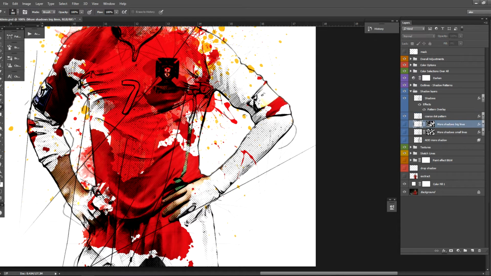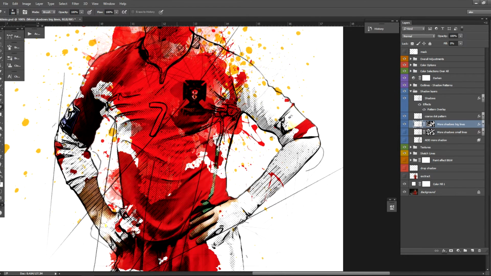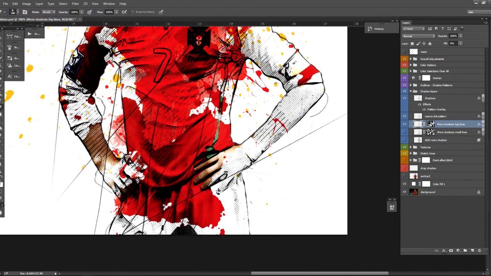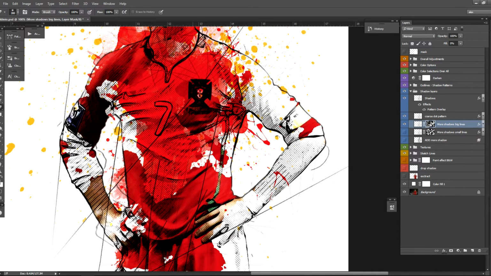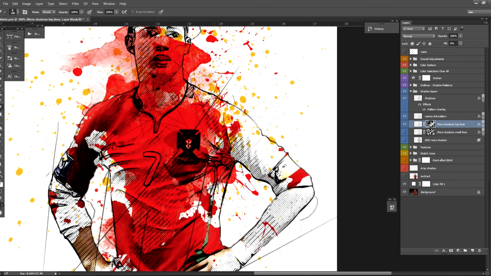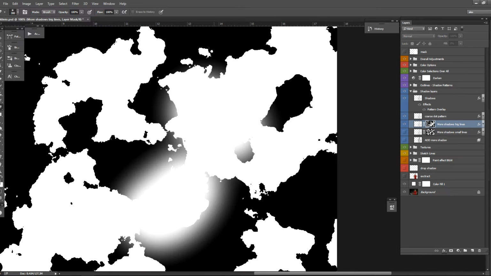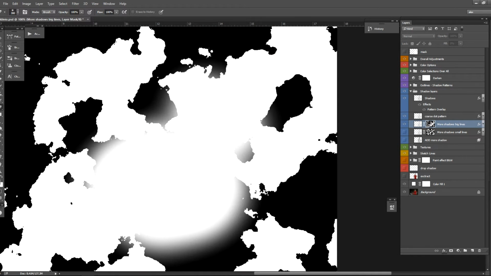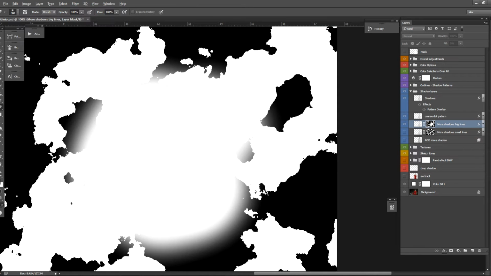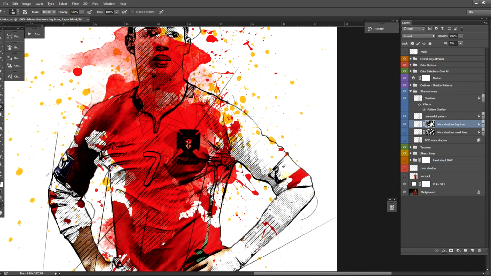And now you have the more shadow big lines, even more and stronger lines on your image. You can even reveal more of it on this layer by brushing it or erasing parts on the layer mask.